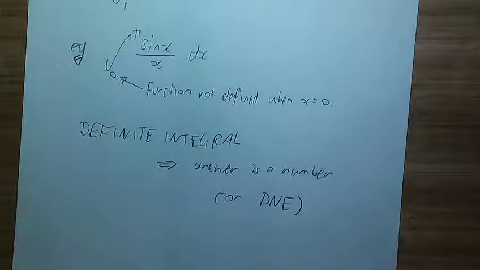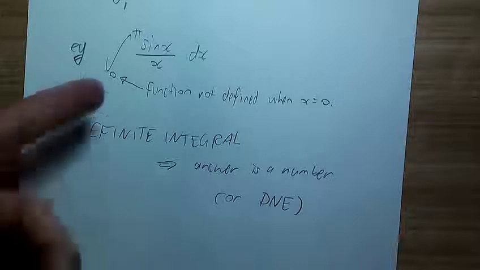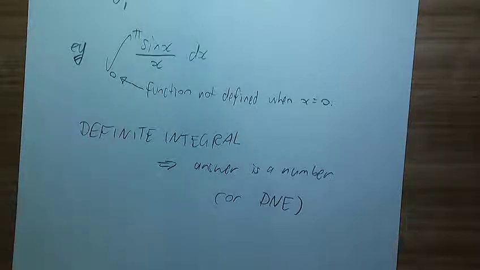Our usual definition of the integral involves doing an antiderivative, and, well, actually that's not the definition. Our usual method of doing an integral involves doing an antiderivative and subbing in those points. But this function doesn't have an antiderivative at 0 because it doesn't exist there. So we can't technically do it. And even our ordinary definition of